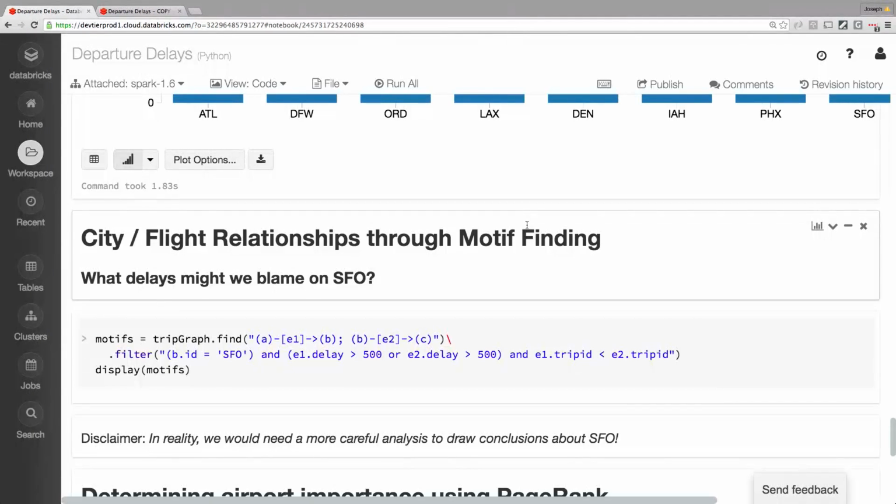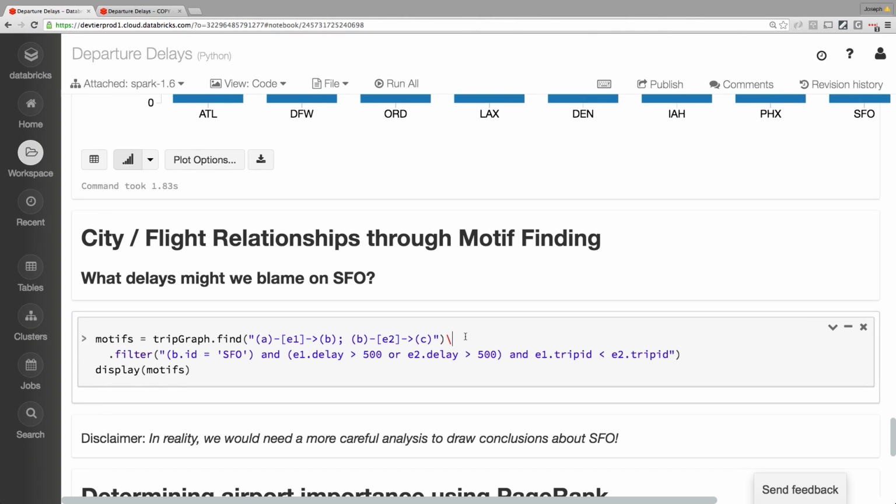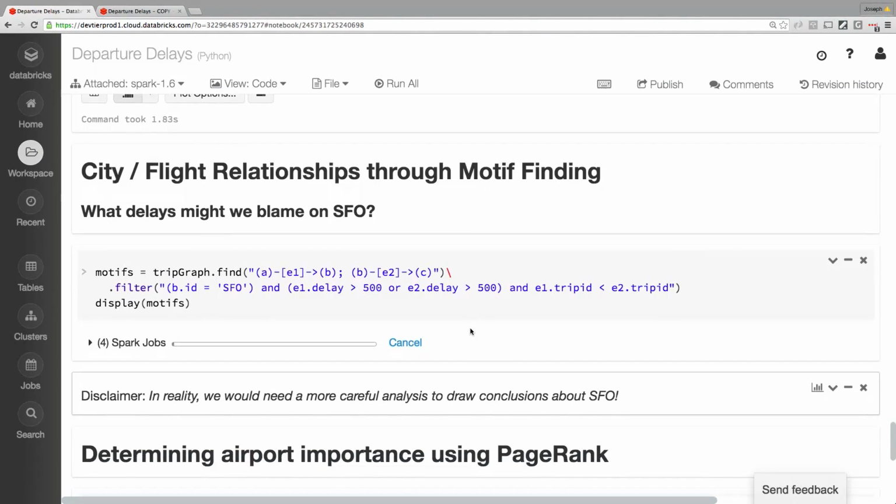I'll give the caveat that to really blame SFO, you need to do a more thorough analysis, et cetera. But just for fun, we can look at motifs which go from A to B and B to C, where we're then filtering, saying that middle airport B is SFO. At least one of the flights was delayed significantly. And then finally, at the end of our filter, we're requiring this relationship between the 2 edges, saying that the first edge's trip ID is less than the second trip ID, which, because of what we know about this data, just means it came before that in time. So this is a very rough way to decide how to blame SFO, but